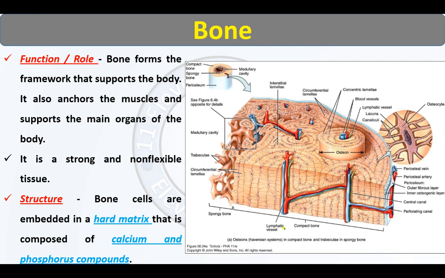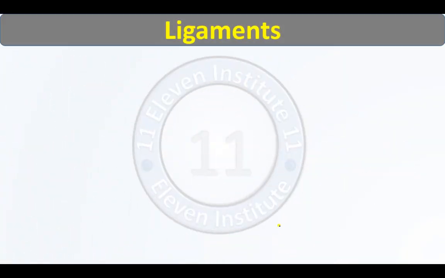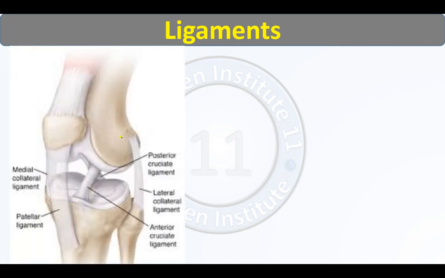Let us now move ahead and see some other tissues related to bone, which are quite handy and quite important. So let us first study about ligaments. You have heard this word many times. Now let us see what is this. See, these are the ligaments. This that you are seeing over here is a ligament. This is also a ligament, right? This is also a ligament. I will outline them. This structure that you are seeing over here is a ligament.